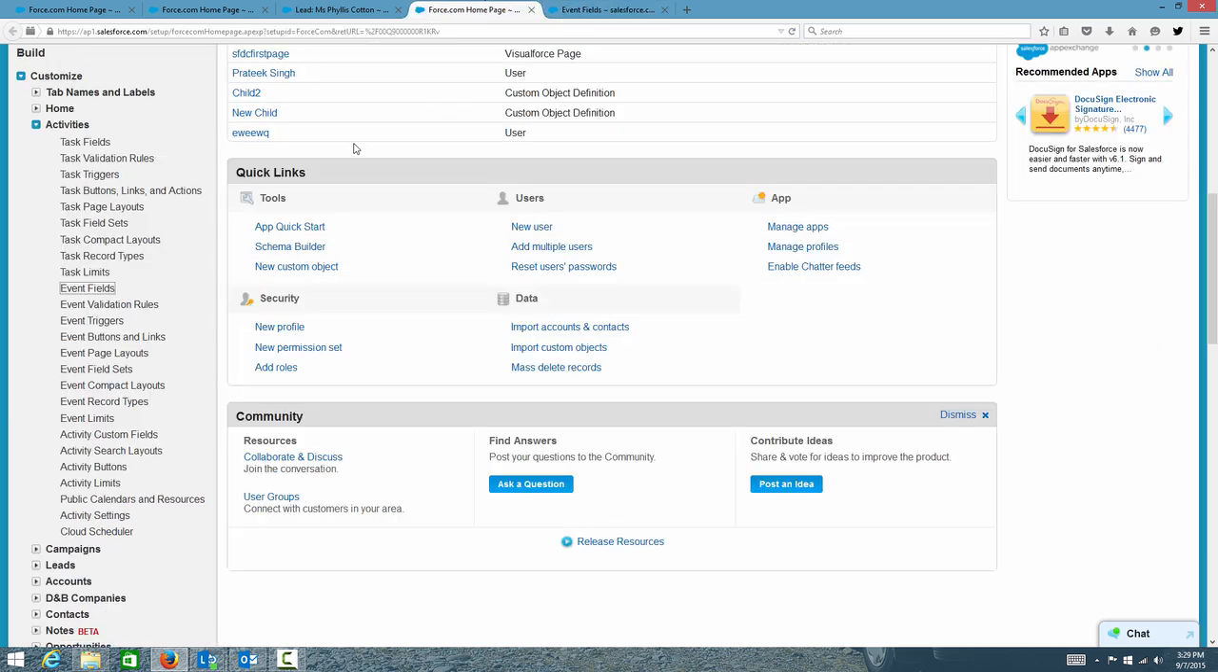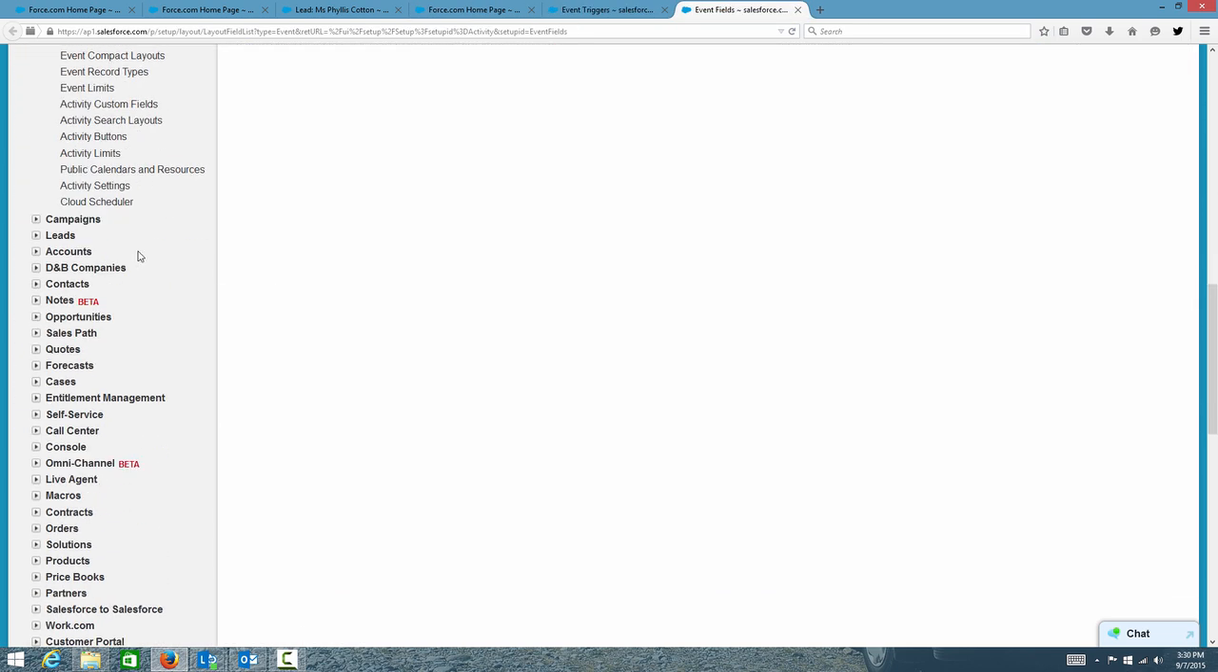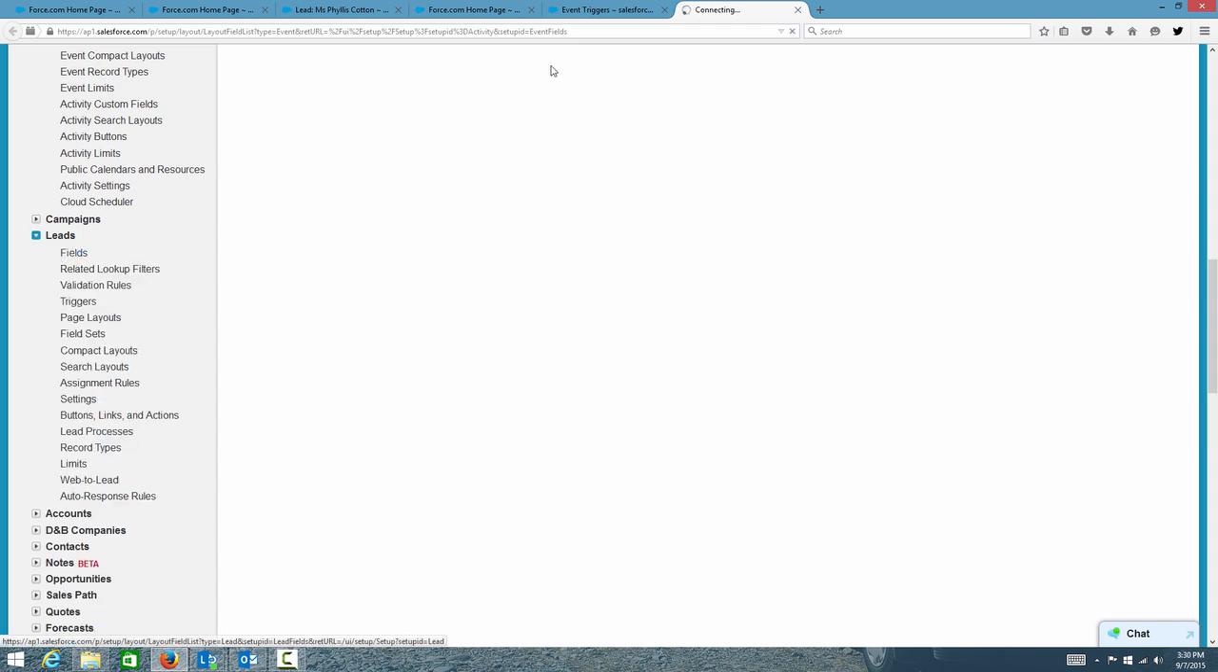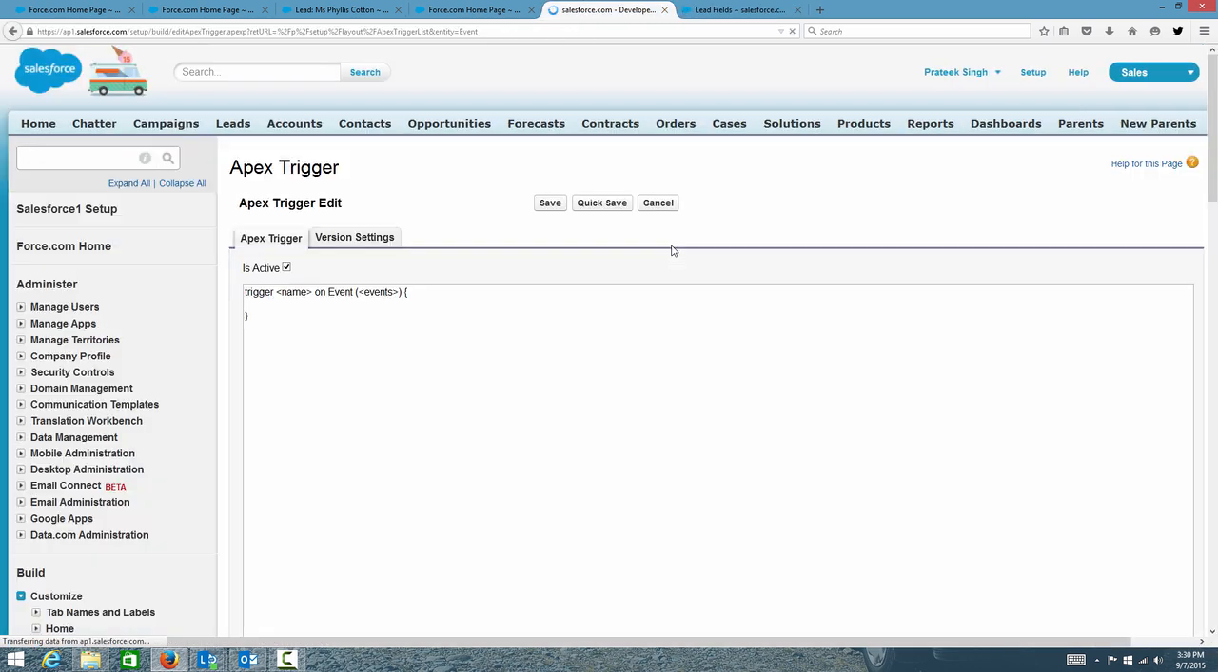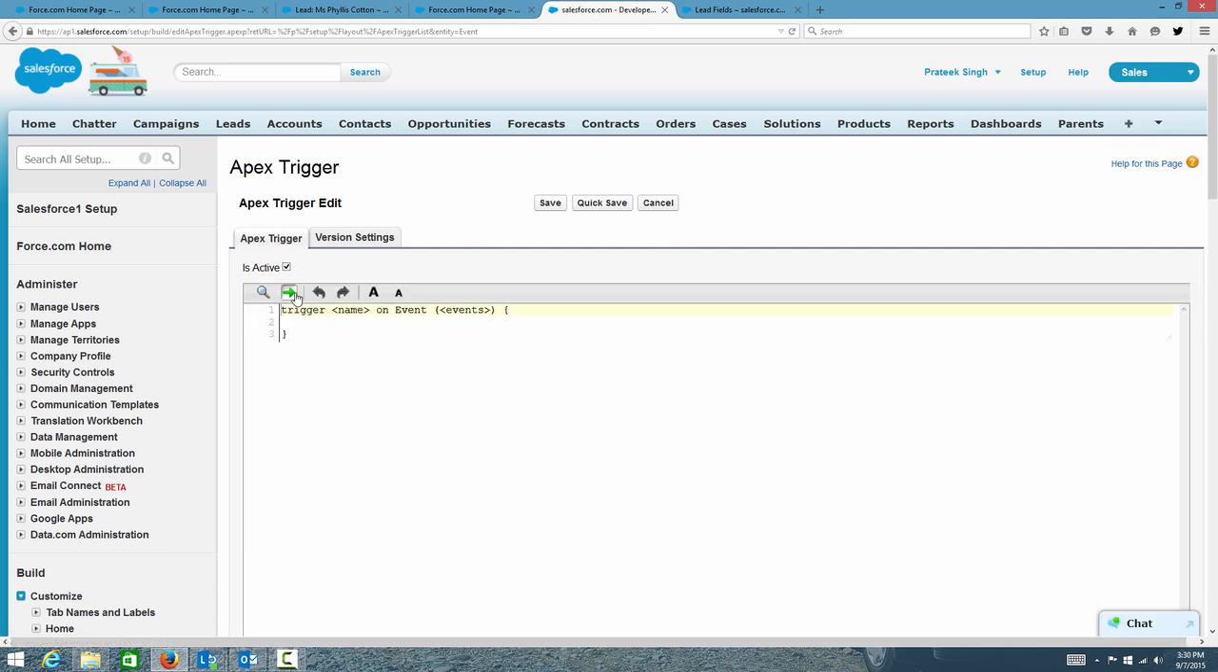Now what we will do, go to event triggers here, and also we will go to lead fields and capture the name of the number of events. So I will go here, let's say trigger. Name of the trigger is count events, on event. So after insert